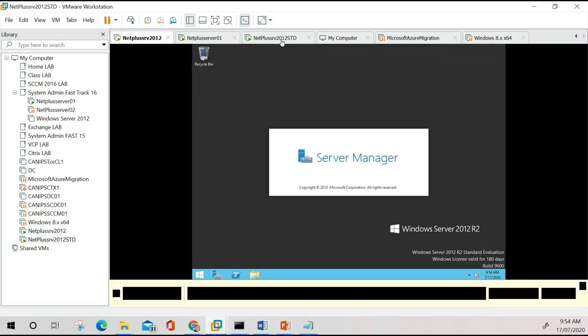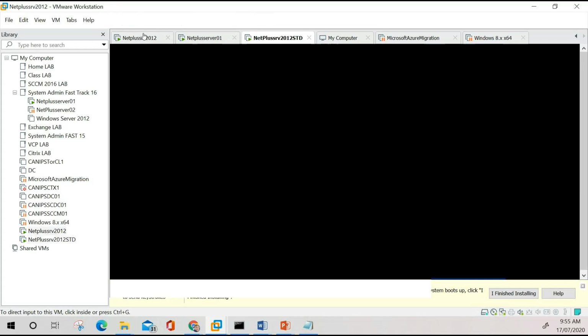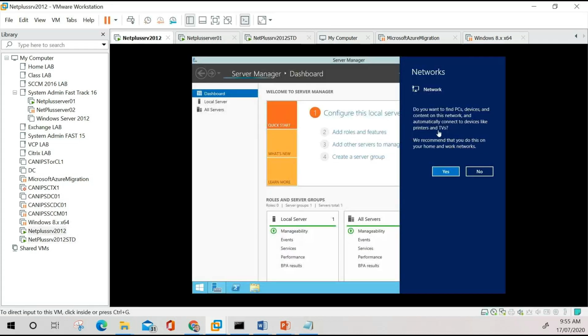First of all, we are on both servers. It is doing basic setup. In basic understanding, Server 2012 will, the first time, scan everything around it, and it is about the network. It's saying we recommend that you do this on your home computer or network. Do you want to find